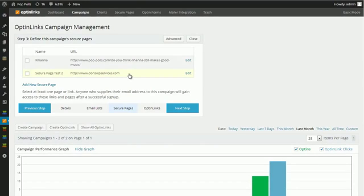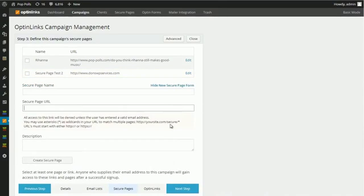So while you don't have to point an opt-in link at a secure page, you can make a whole secure section of your site. We even have a wildcard system, so you can allow your leads to have access to a whole directory on your site. This will let you create a small membership site or anything that you want in its own directory, and when somebody signs up, they get access to that. This would be great for a whole series of video tutorials or lectures, or just a collection of articles that you want to